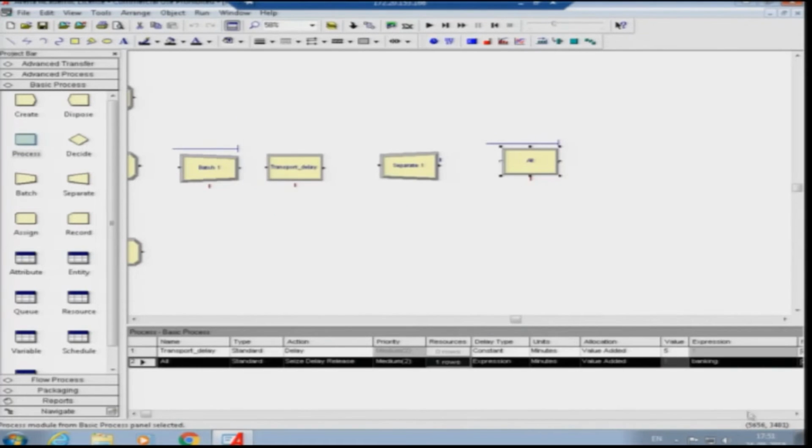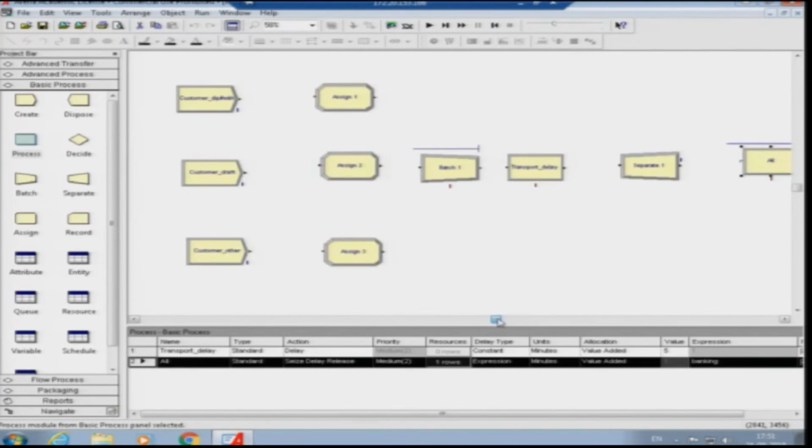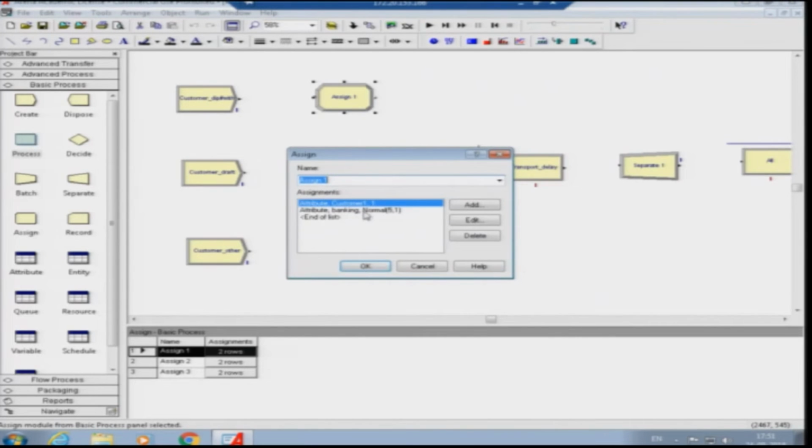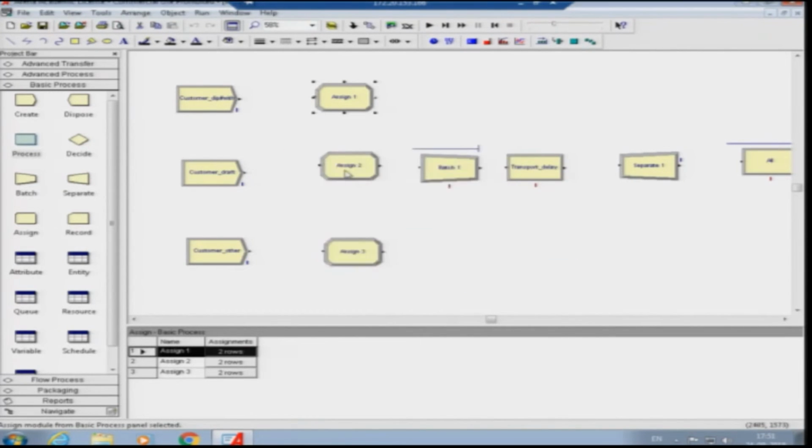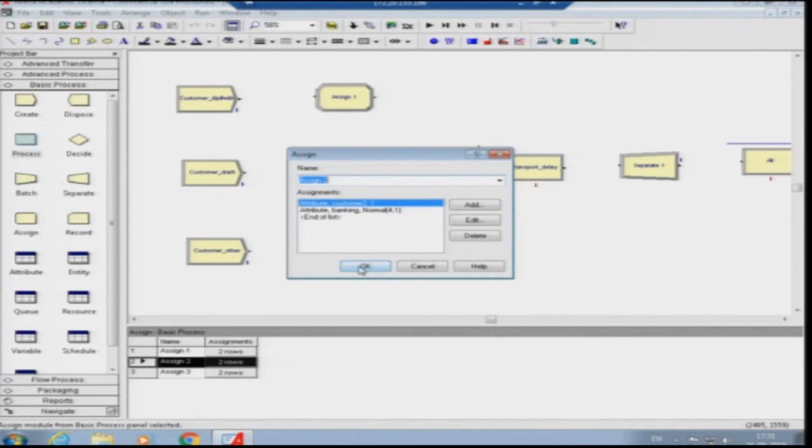Before giving the name, you can also check what name you have given, otherwise it can create an error. As you can see, we have given the attribute name as banking, which basically defines the processing time of these customers.